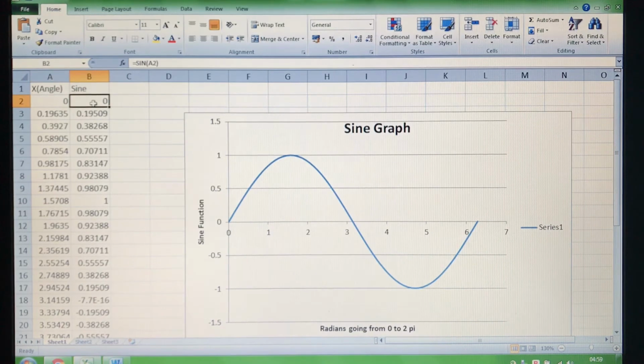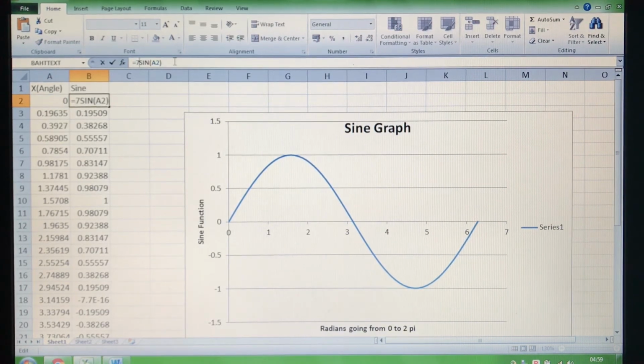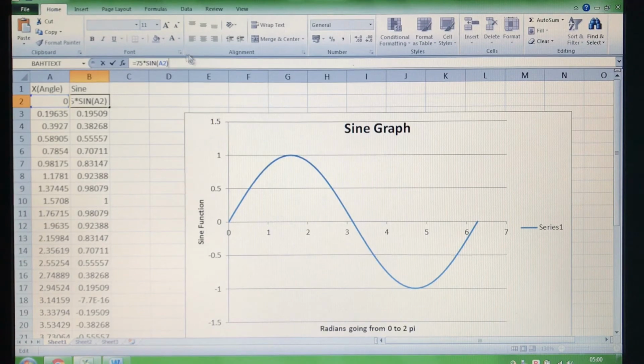In the very first angle I have written the formula here. So what I'm going to do is introduce my 75, and in Excel you use the star sign to represent multiply, and then I get my cursor right at the very end against A2 and I press enter,